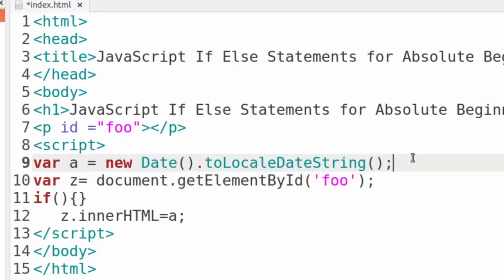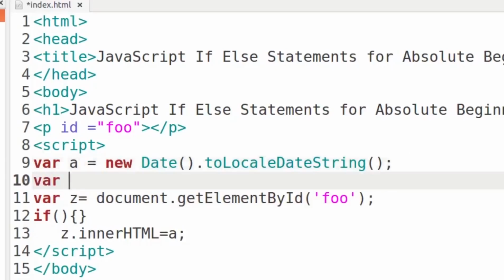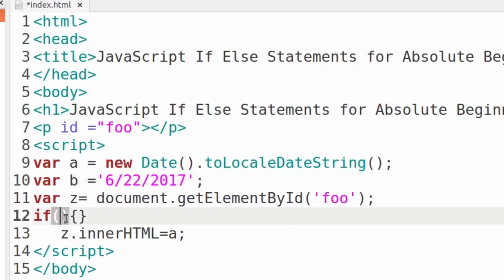And we'll put var b equal to this string here. And right now we'll say if variable a is equal to variable b, which is today, then we will do,